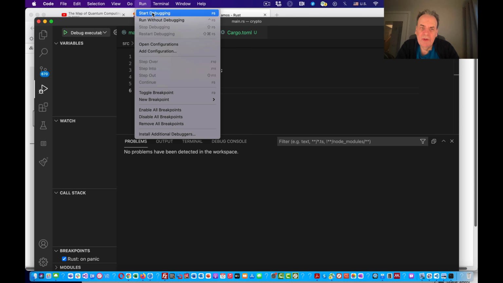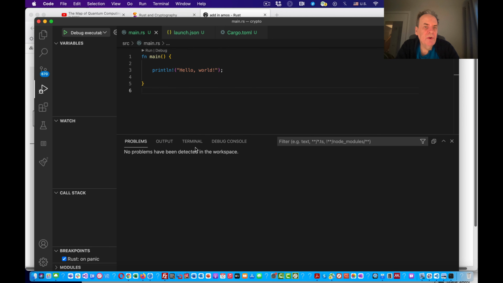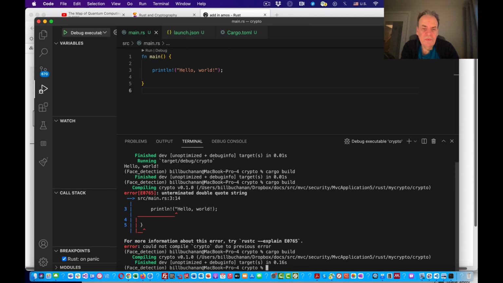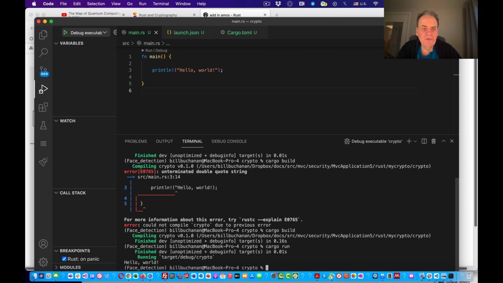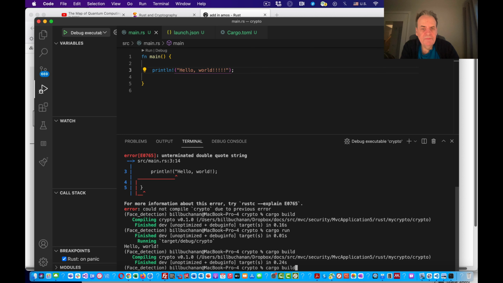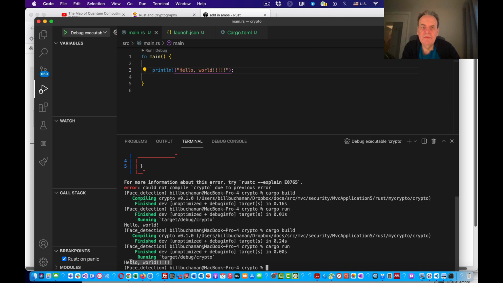Once we've fixed that, we can run from here. We can create breakpoints if we want, or you can just drop into the command line here and we'll rebuild. That's fine. You can see where it's been stored to here. And now what we'll do is run it from here. Cargo run. If we've got some arguments, then we can put them after those options. We'll just run there, and that's fine. So just to show that it is working, we'll save that one, then rebuild it, and then run it, and you can see the changes that we've made.